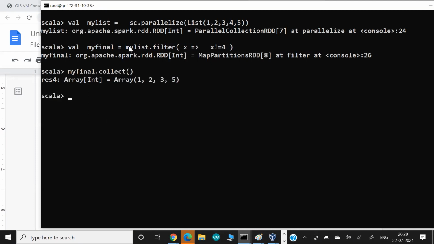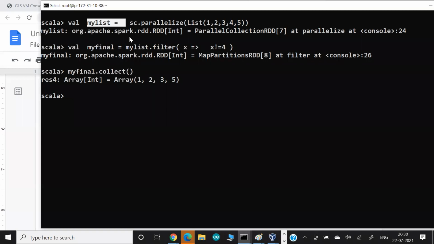Okay, and what my final will come up, I can see correct. You can see instead of 4, everything comes. Now after filter, you can add one more option called map, and it will do square root or square. So we can create a chain, like a pipeline. First do this, then do this, and then do this. So a pipe we can create. Or maybe my data comes from a file, then I parallelize, then filter, then map, then reduce and collect. So add on top of each other.